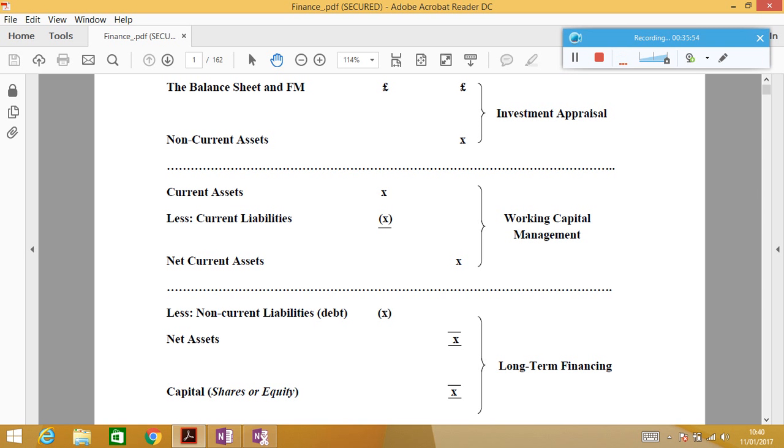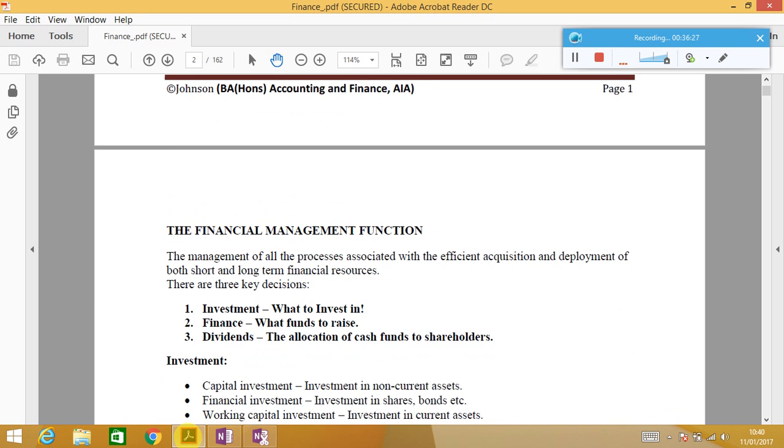Now, guys, what I told you, short term means what? Working capital. So under the working capital, we have current assets and current liabilities. Okay, long term is what? Non-current liabilities, which is the debt, and equity. Remember, this comes under long term. So I won't be mentioning equity, debt, and so on. I will just be mentioning long term. So you should know. Okay, long term is what? Next,